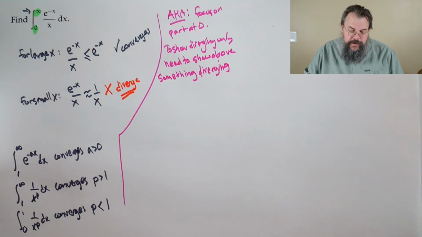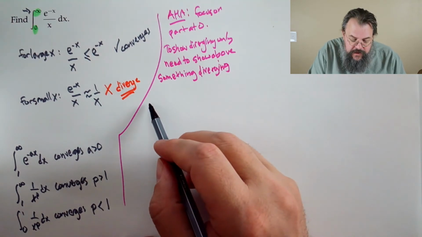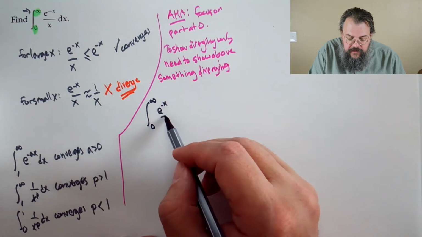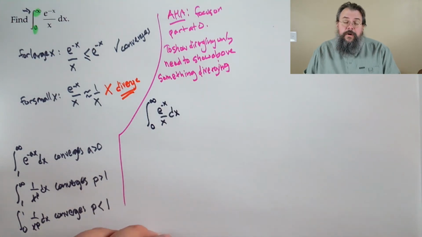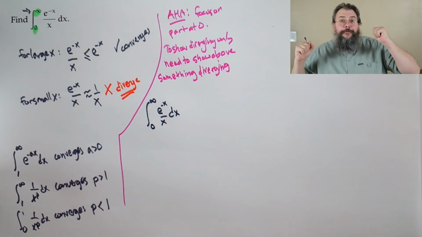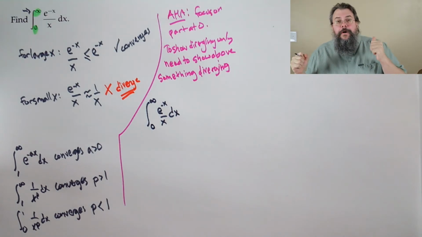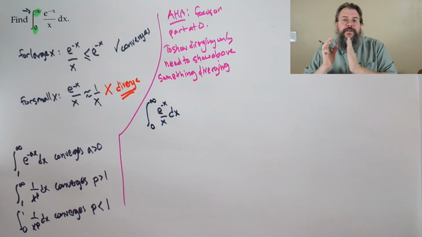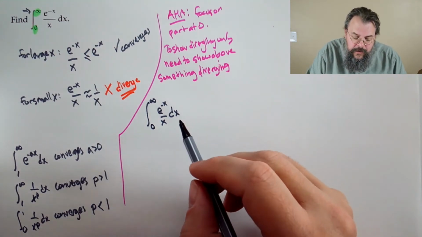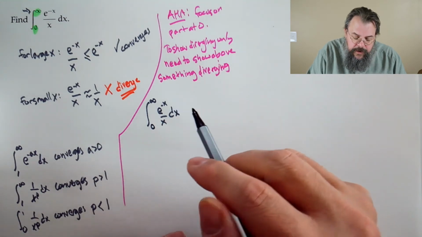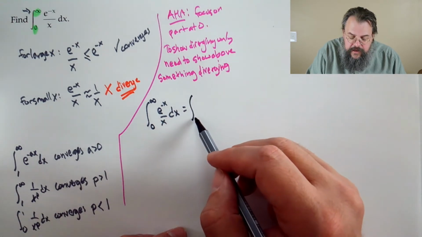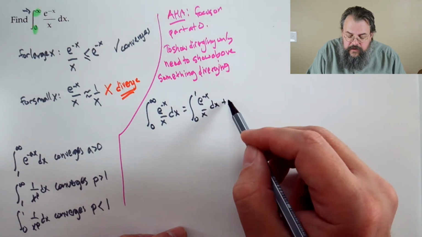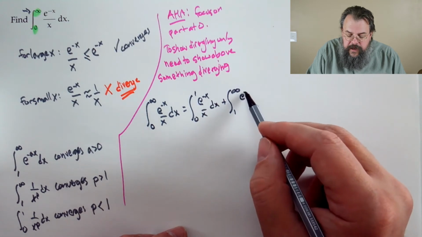So what do we want to do? Well, we have this integral from 0 to infinity of e to the minus x over x dx. The first thing we want to do is say, hey, I really want to focus on just near 0. So I don't need to worry about going from 0 to infinity. I just need to go from 0 to a little bit. So what if I threw this out? Think of it as two pieces: the integral from 0 to 1 of e to the minus x over x dx and the integral from 1 to infinity of e to the minus x over x